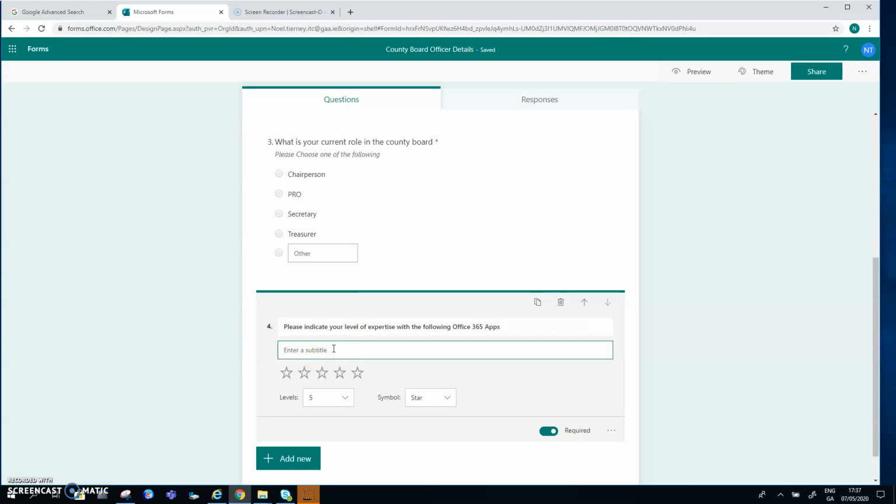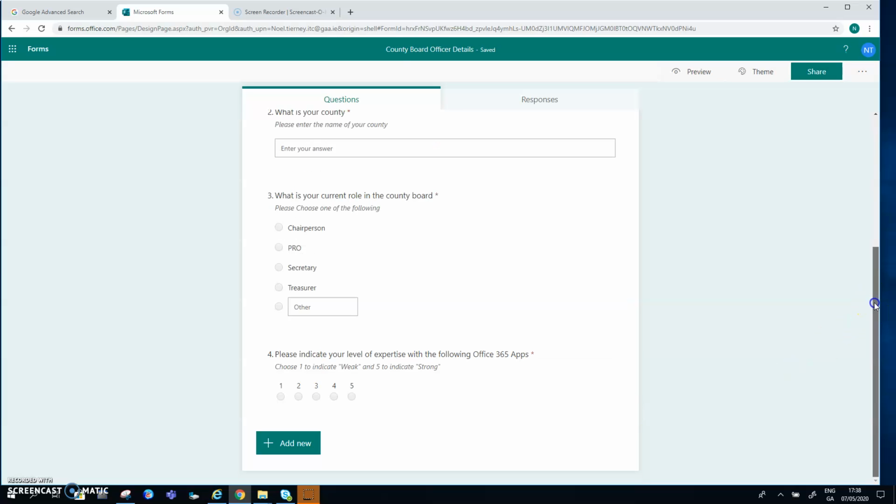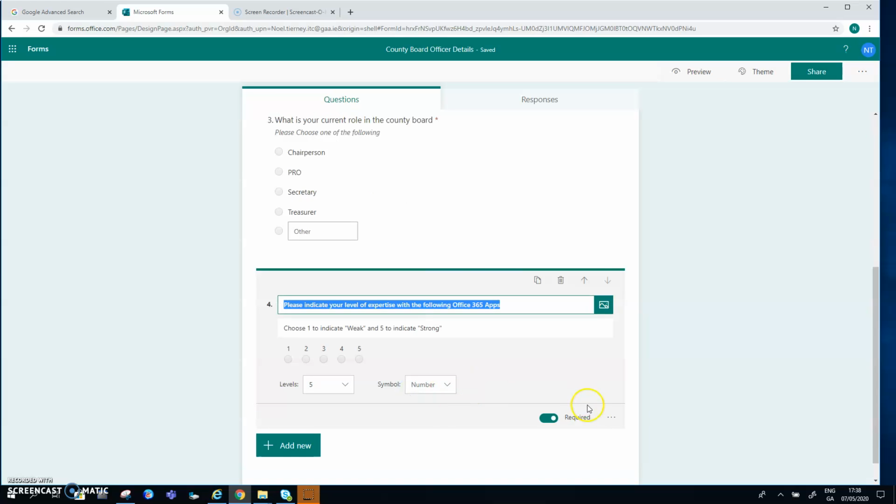Okay, so in this case, the little subtitle is going to be choose one if you're weak, to indicate weak, and 5 to indicate very strong. Weak, I may as well have strong rather than very strong to keep them balanced. So in this case here, there's going to be 5 levels, and I'm going to use a number in the ranking. And then I'm going to go over and